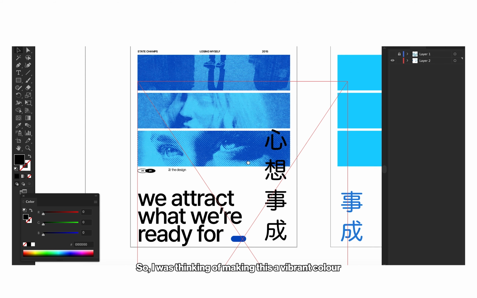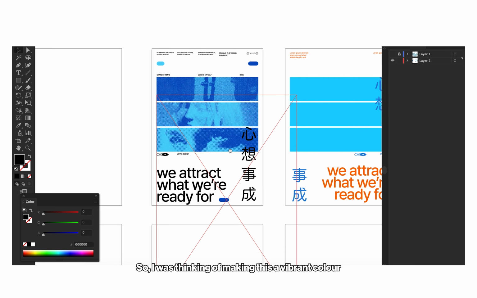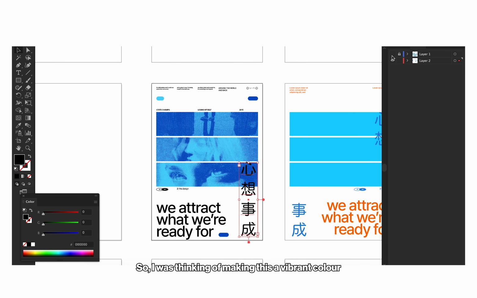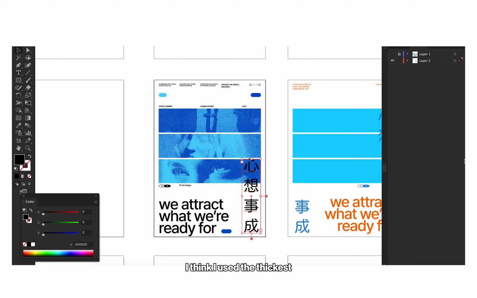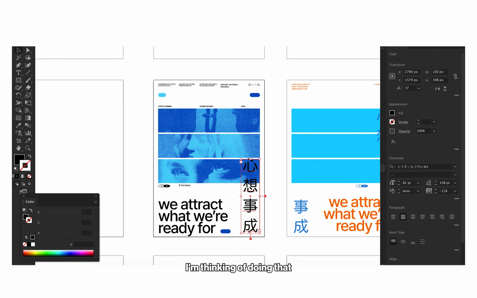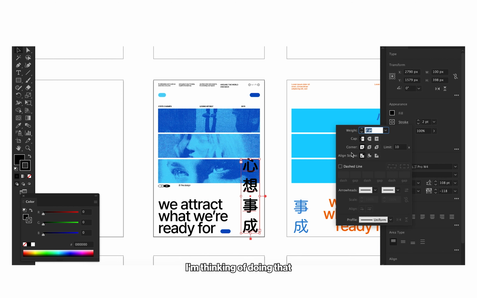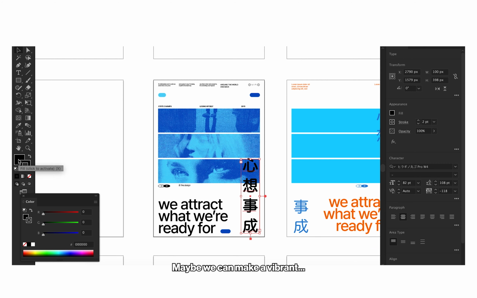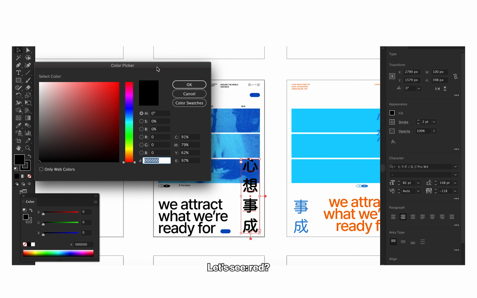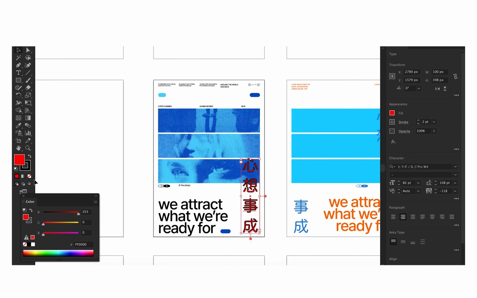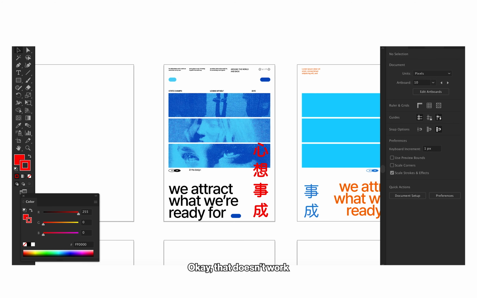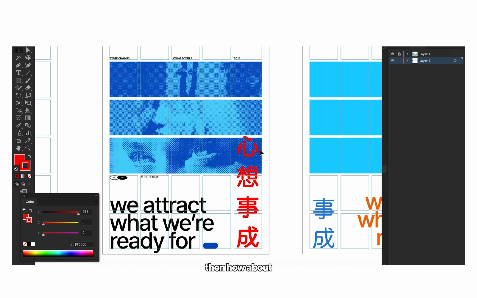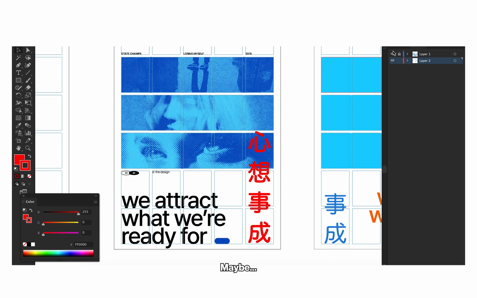So I was thinking of making this a vibrant color. I think I used the thickest. Yeah, there's no other version. I'm thinking of doing that. Maybe we can make a vibrant something. Let's see. Red. Gotta do it again. No, gotta still read it. Okay, that doesn't work. Then how about maybe